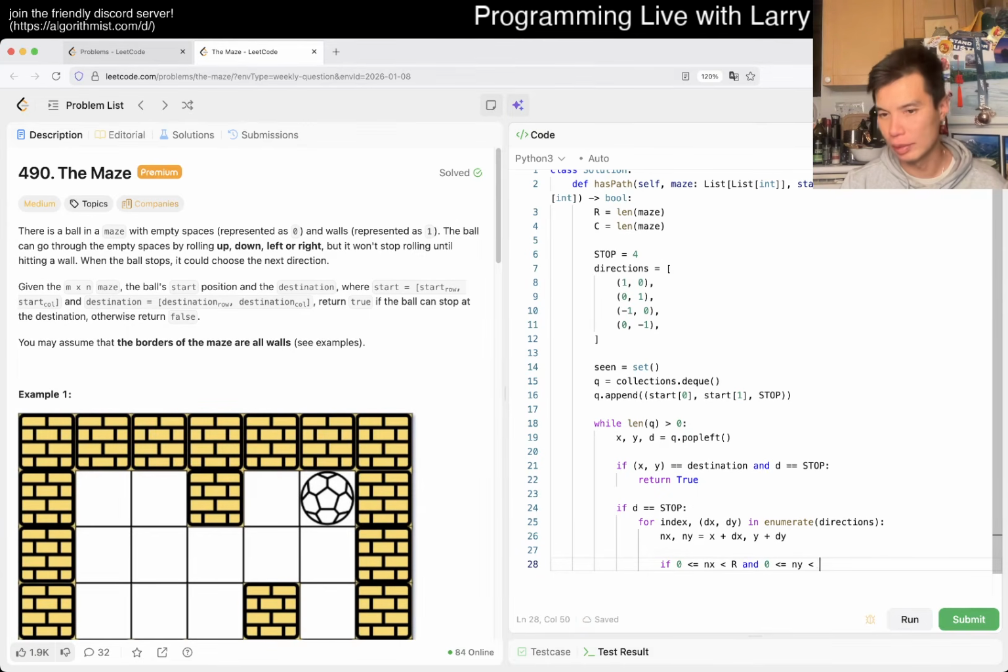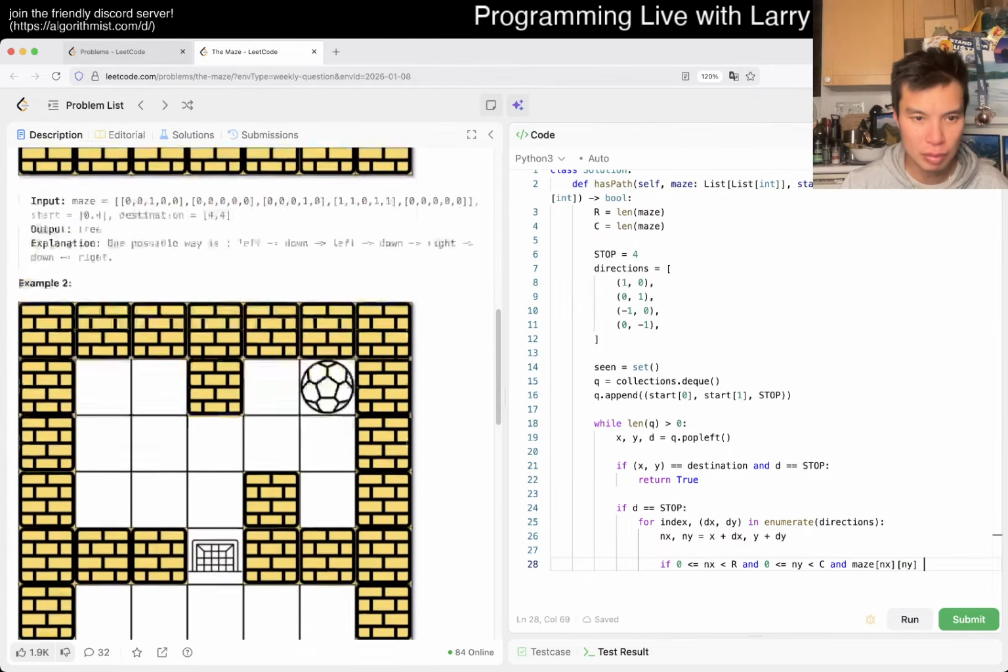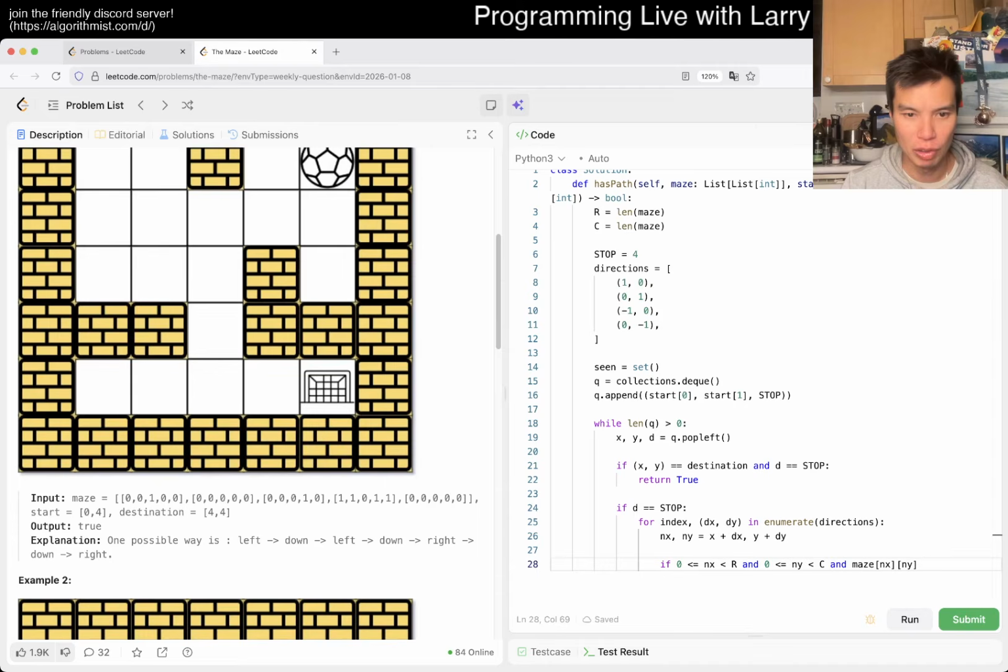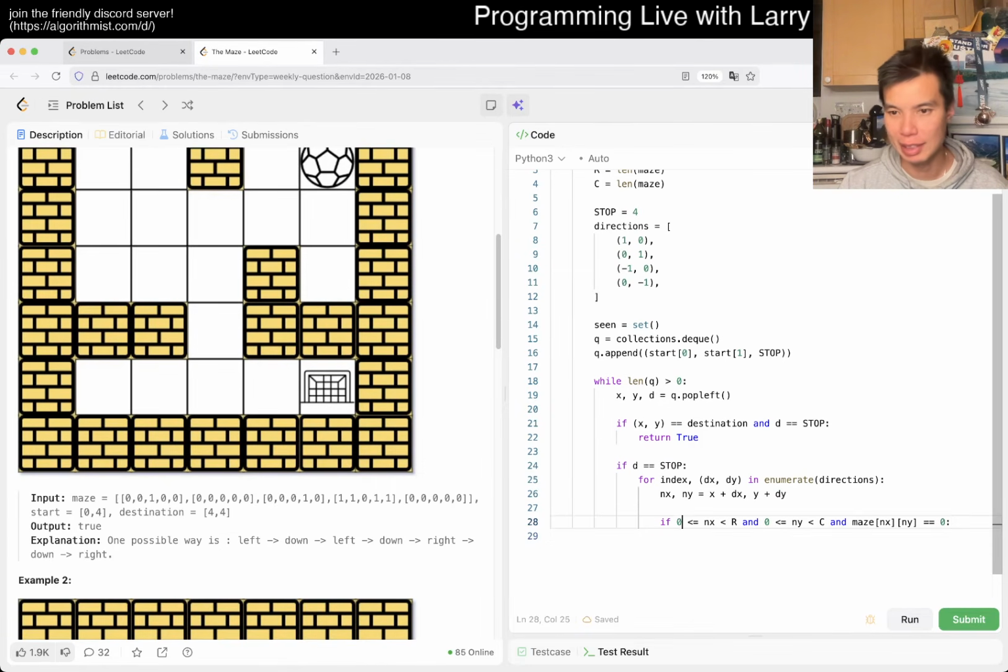And this is standard BFS stuff, right? And maze of x and y is... what is it? Oh, one is a wall. No, so we want to go to 0 because that's not a wall. Okay. Then, and we haven't seen it yet, so we haven't been there yet. Then nx and ny, index is the direction, so we haven't been there yet. Then